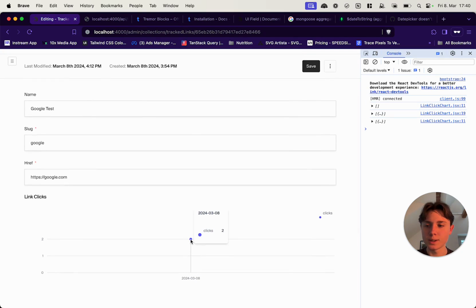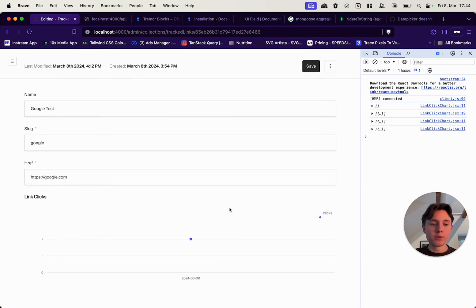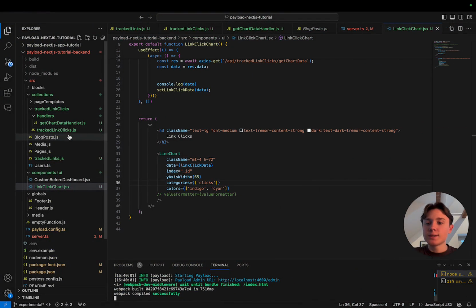All right, seems like we got our data. The next thing that I want to add is a toggle that allows me to toggle between a 7-day window and a 30-day window, because right now it will just put everything that it can find into the timeline. And what we also have to do is filter for this specific link, because currently it will put every link click in here. But before we do that, one thing that we need to take care of is securing our